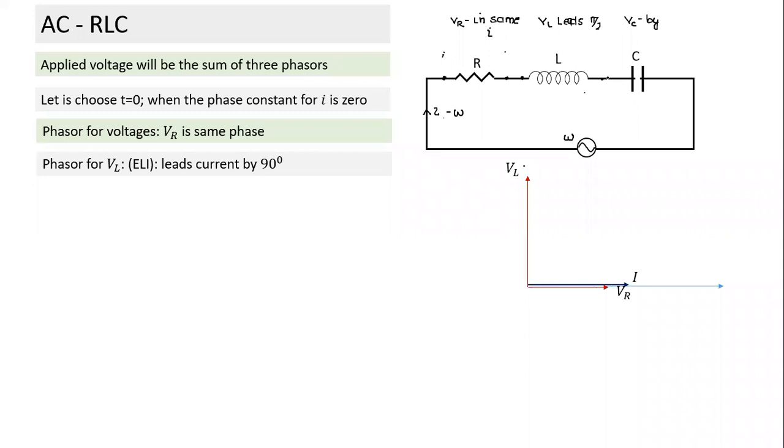Now there's also some voltage here. What is that voltage? A phasor of VC. Let's draw it. How would you draw the VC here? It will lag by 90 degrees. This is how I draw the phasor for VC. So there are four elements here: a current element, VR, VL, and VC. One thing left is the applied voltage.